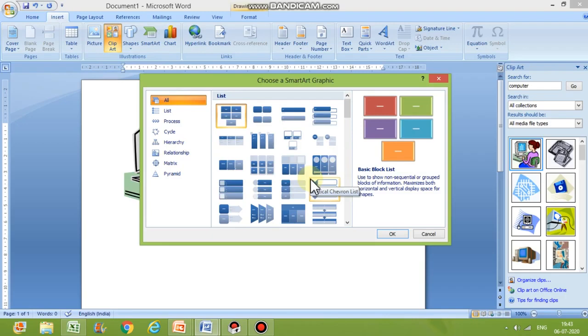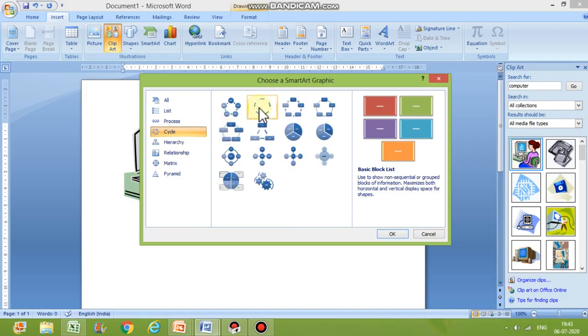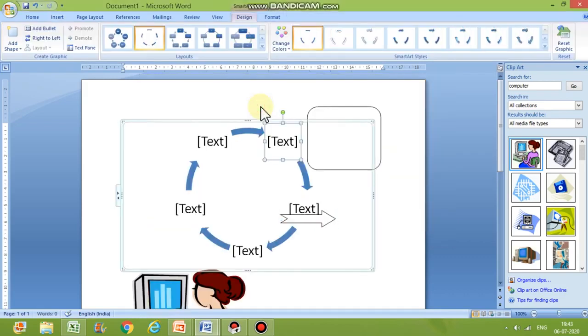Suppose I'm making a cycle, a water cycle I want to draw on Microsoft Office Word. To make a cycle, I need that diagram of a cycle. So from where will I choose? I will go to smart art, click on cycle and click on the basic diagram. Now this is the basic diagram of a cycle. Now you can add anything here.